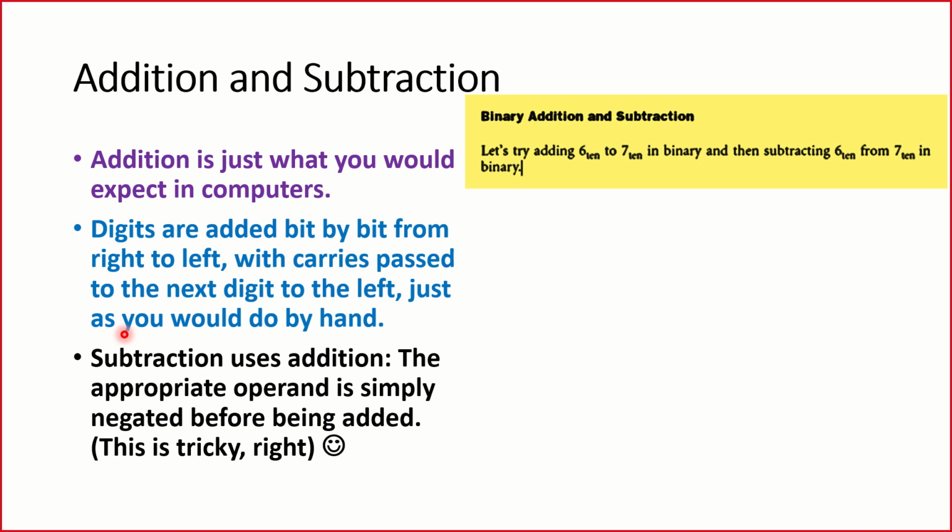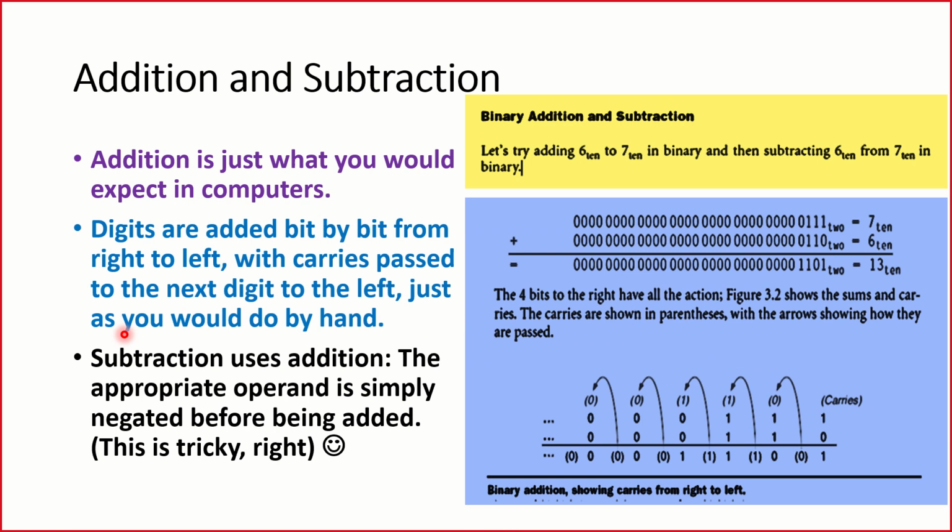The first point that we need to understand is how do we add 6 base 10 to 7 base 10. The first step is here. So again, please see that wherever it is, it is all 32 bits. So 7 base 10 is 0111 and 6 is 0110. I put the rest of the bits as all 0 preceding. If you are not putting it, your answer won't be evaluated and it's not correct. Since it is MIPS, we want you to go ahead with 32-bit representation everywhere as I told you.